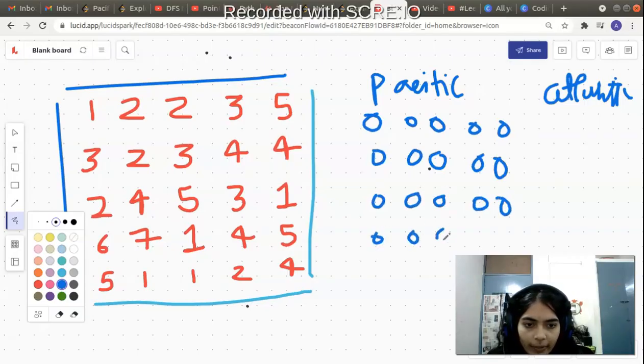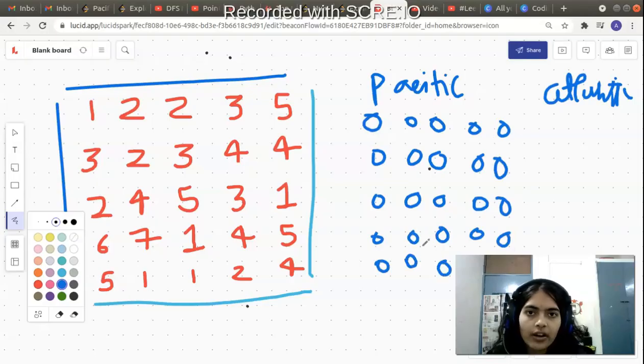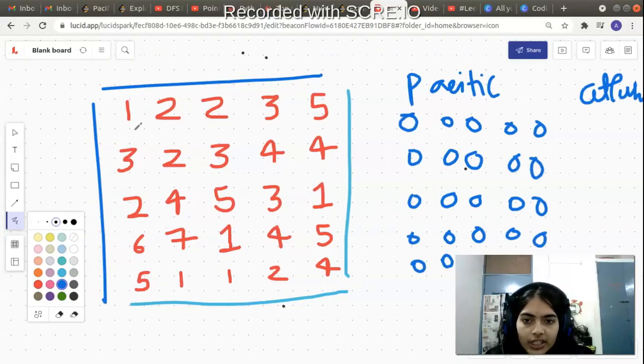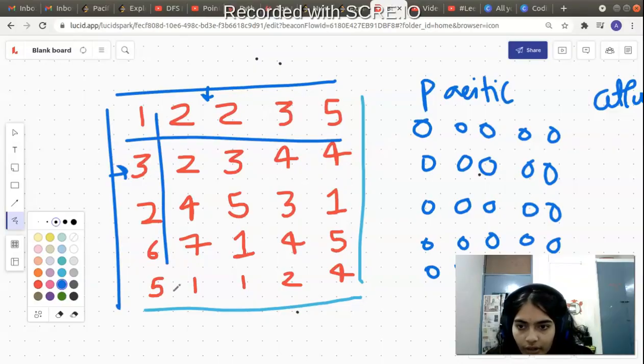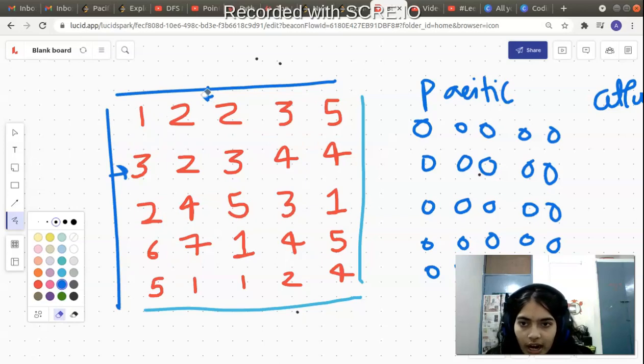Initially we are assuming that water is not able to reach any cell. Now we will traverse and find if water is able to reach any cell or not. So we start traversing from the grid. All the cells in direct contact with the Pacific Ocean, all of the first row and first column, are definitely able to get water from the Pacific Ocean. So let's start from the first value. Once we start iterating, we will start with the first value itself.